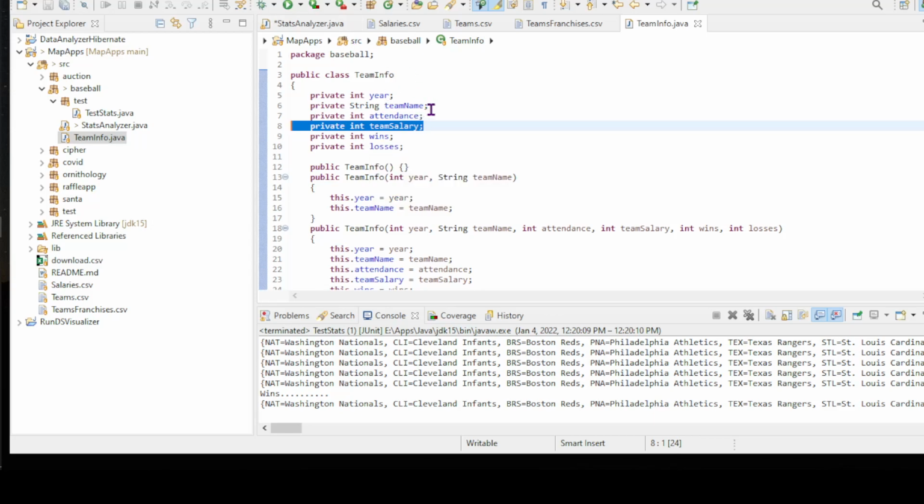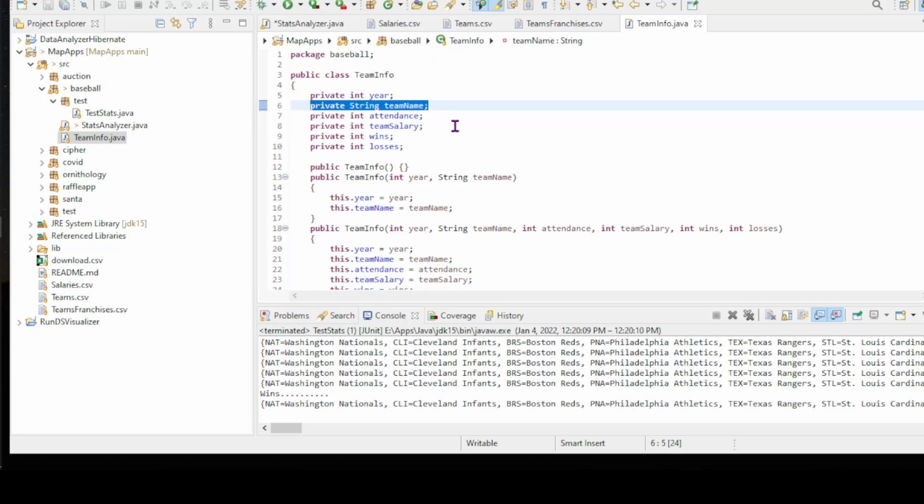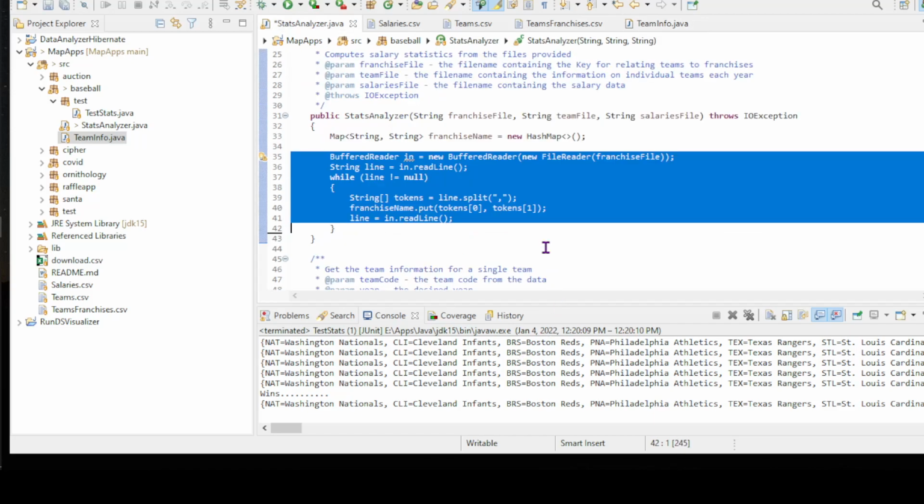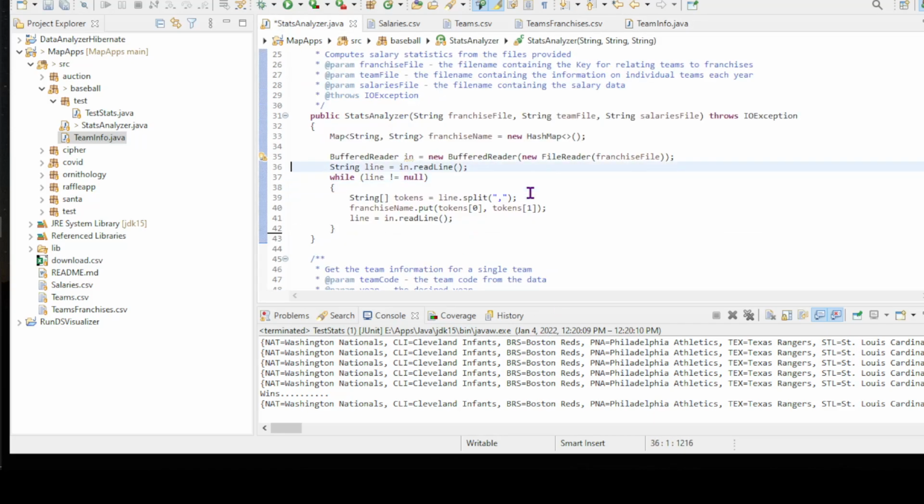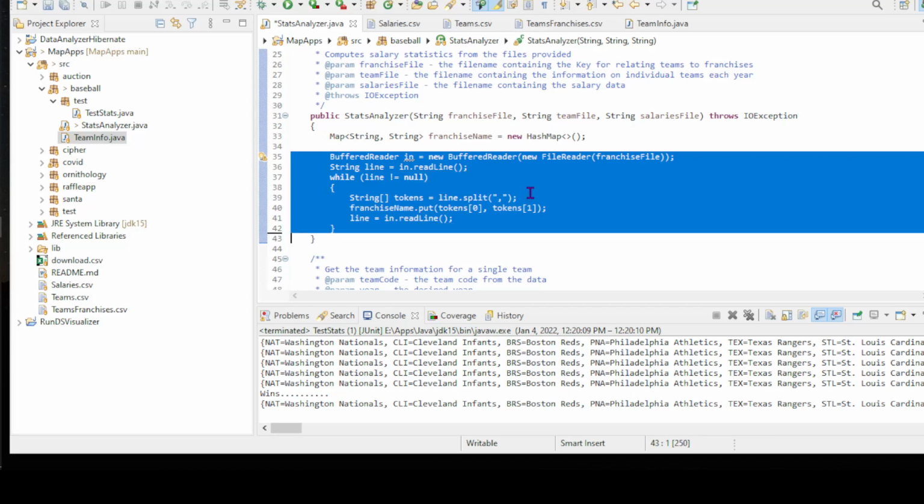So the franchise is going to fill the team name. We're going to use the franchise name inside of here instead of the name in this file. Honestly, mostly just to get an extra file into this exercise. It's not necessarily required, but it does allow us to keep a consistent franchise name out there. And that's our next task here. So we're going to kind of burn through this a little bit quickly, but because we have a structure here,